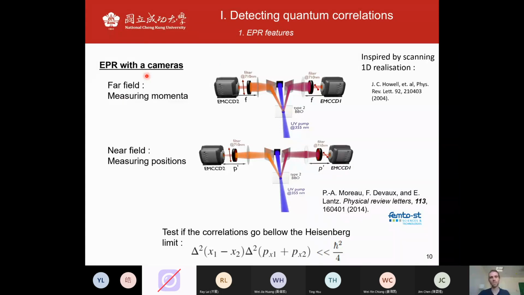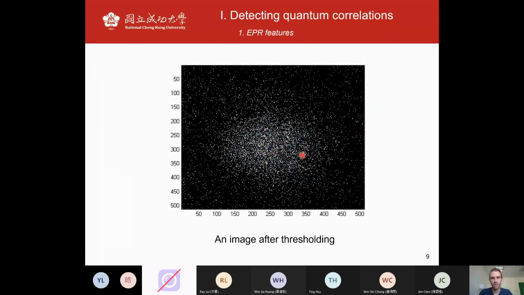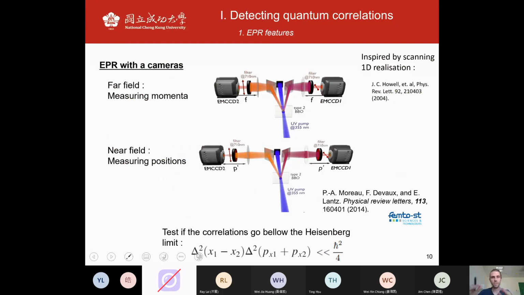And the way you do that is by just acquiring, with this EMCCD, these images that you've got here. Then you analyze those images, in a way I'm going to talk about quickly, to detect the correlations of the position and momentum within these images, and ultimately to detect the entanglement feature within these images. So the criterion we use to demonstrate this Einstein-Podolsky-Rosen type of entanglement is a criterion that was derived